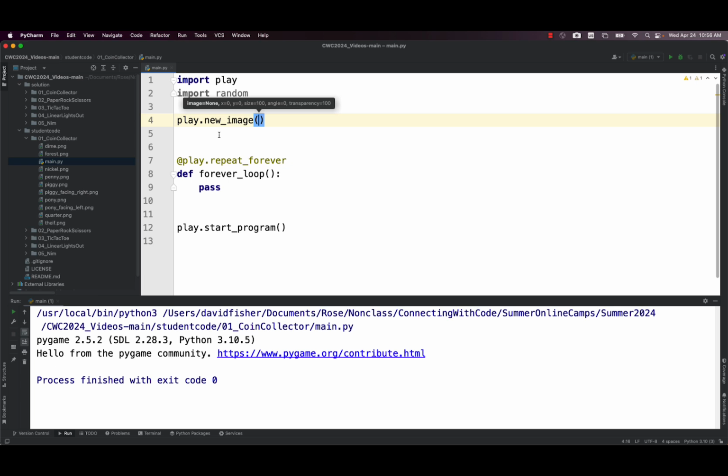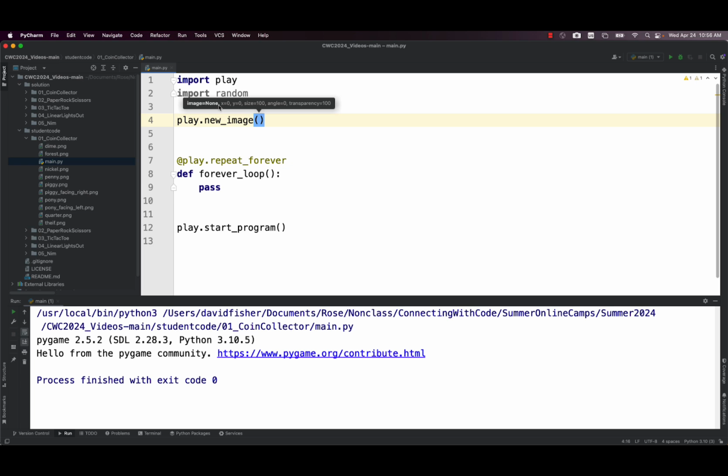My PyCharm, and maybe yours is as well, is trying to help me. It says, hey, this image, it can have as many as 1, 2, 3, 4, 5, 6 different things that define this image. What I'm going to do is the simplest thing possible. I'm going to give it just one thing, which is the file name, and let all the defaults happen for all the others.